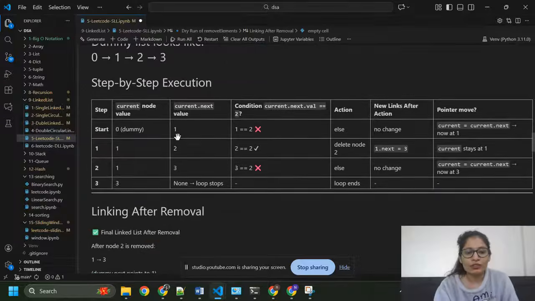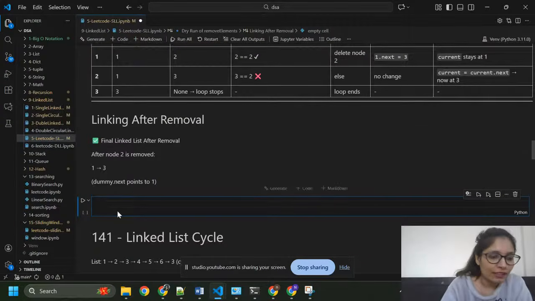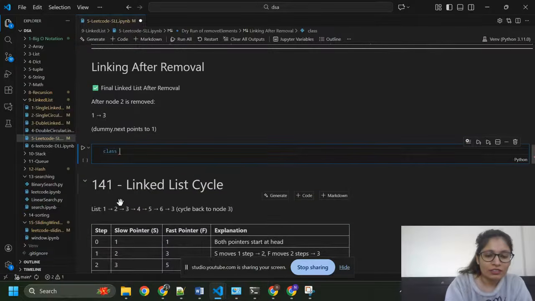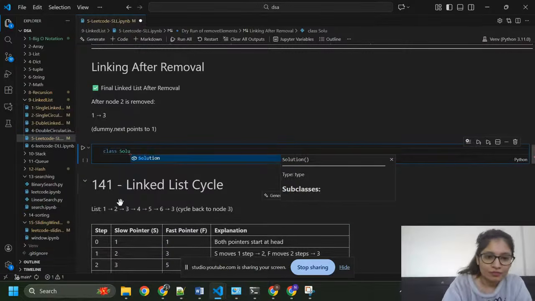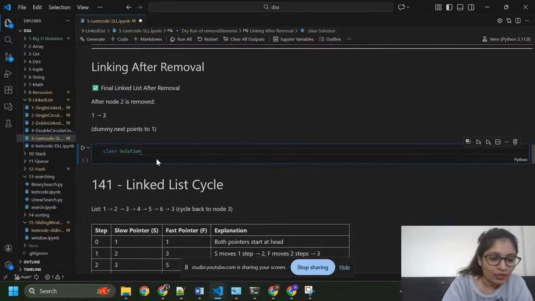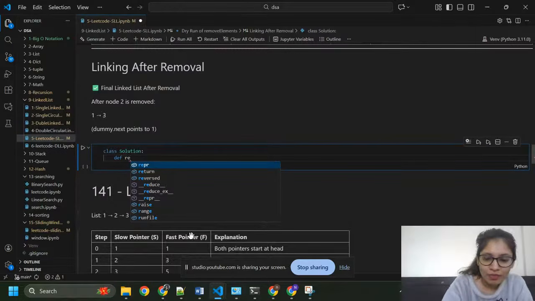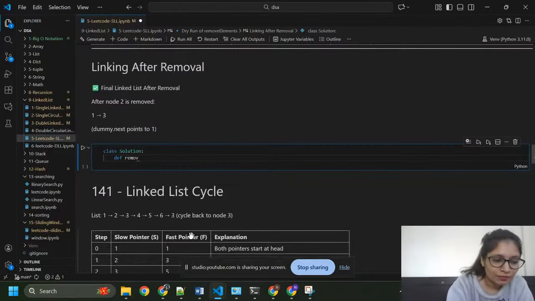Okay. So here I am going to write code. First of all, I'm going to create a class, Solution. Inside this class I'm going to create one function, remove element.